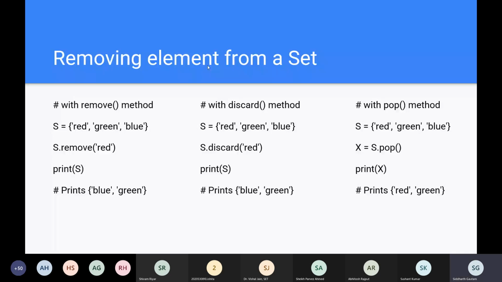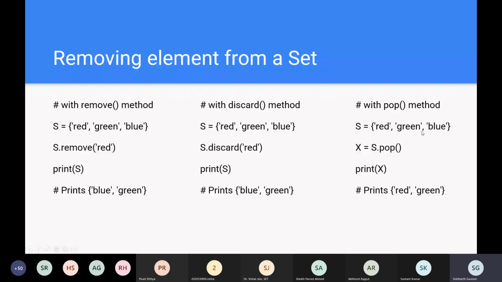It removes the last element of the list. Yep, you're absolutely correct. What the pop function does is that it will take the last element of the sequence and it will just remove that. You don't need to mention which element you want to remove. You can just type s.pop and the last element will get removed automatically.